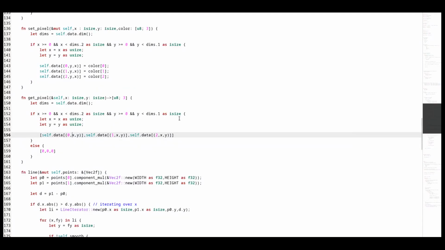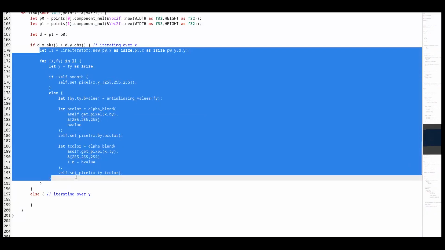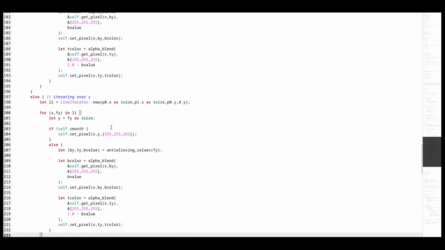I made a mistake in getPixel. Y and X are swapped. After this, that's our result for now. Let's now do the same code but for other coordinates.